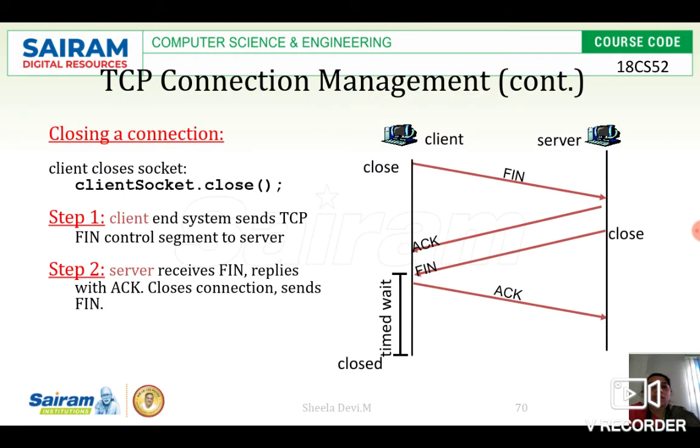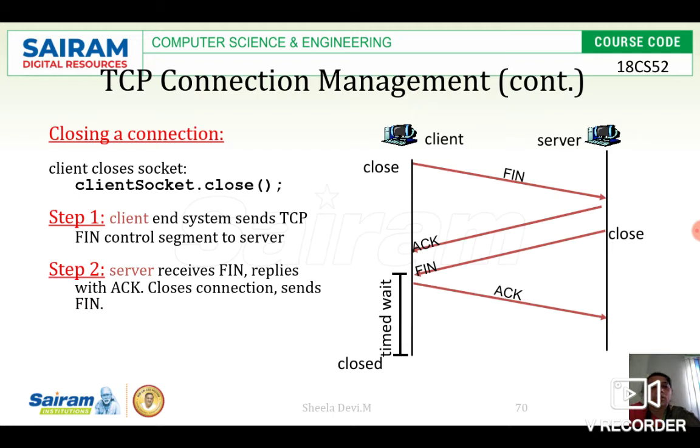Then comes data transfer. Once the data transfer is over, the client will be sending the FIN, meaning that since data transfer is over, I want to terminate the connection. The server will be giving the acknowledgement. Now the server wants to close the connection.